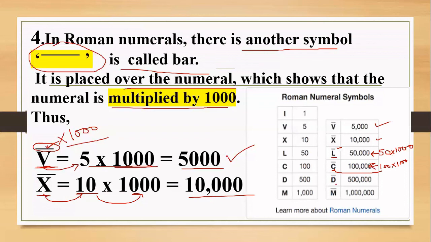Clear? Now similarly for D bar and M bar, we will multiply the value, D 500, into 1000. Then you have to multiply by M bar similarly to the previous one. Now let's try